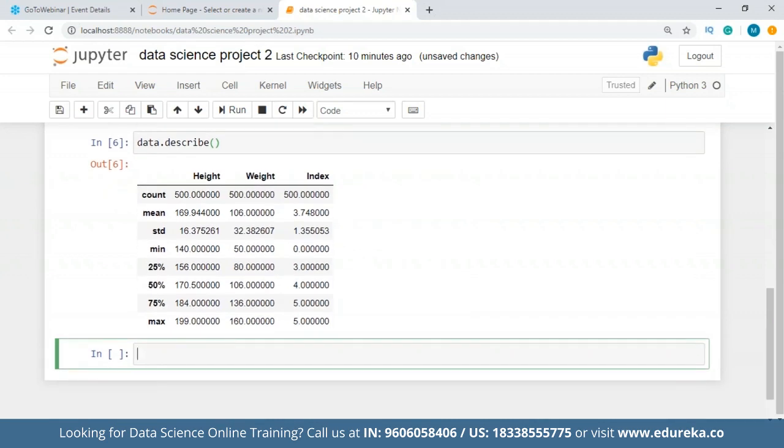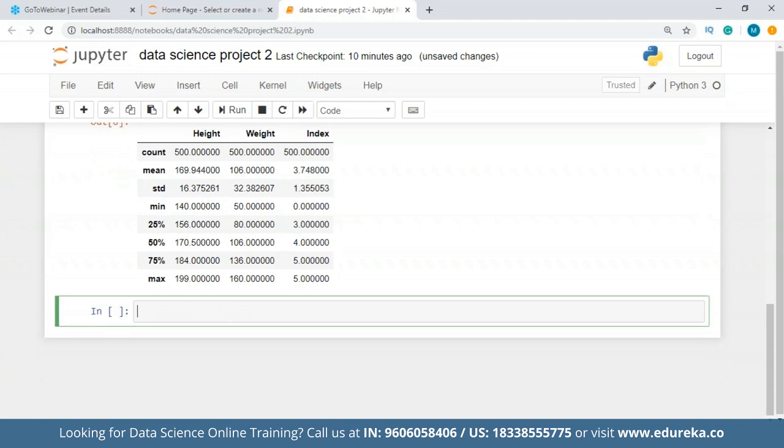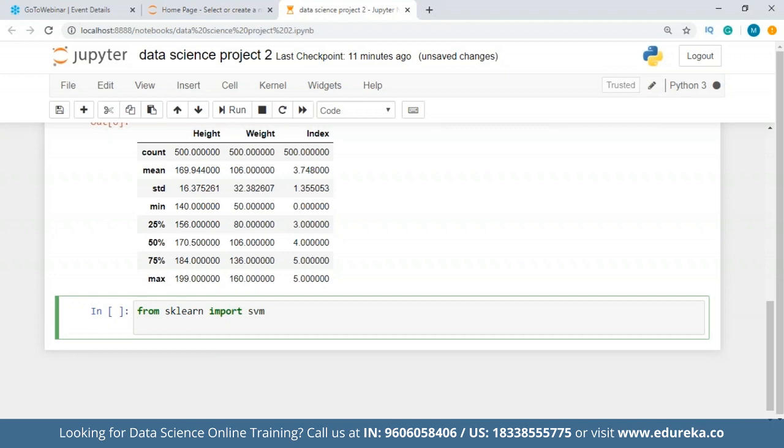Now I'm going to install a few dependencies which are going to be required when we are making the model. For that, of course, we have to import sklearn, which is a machine learning library, guys. If you want to know about sklearn in detail, there are so many tutorials on Edureka that we have already made in detail that you can use to learn it from. I'm just going to import all the dependencies here, and I'll explain it when we get to that part in the program,